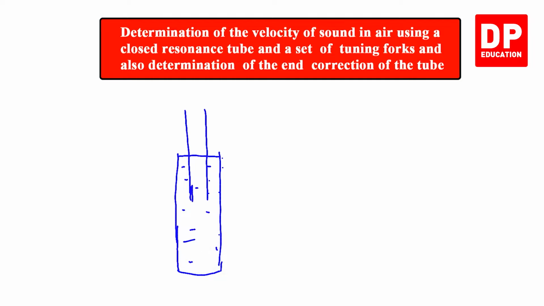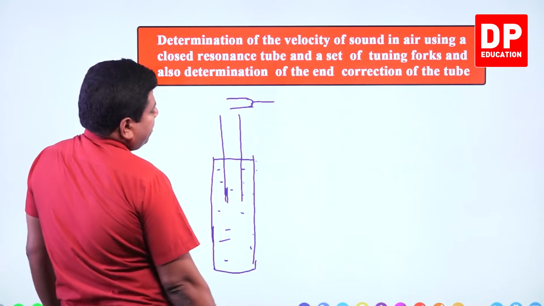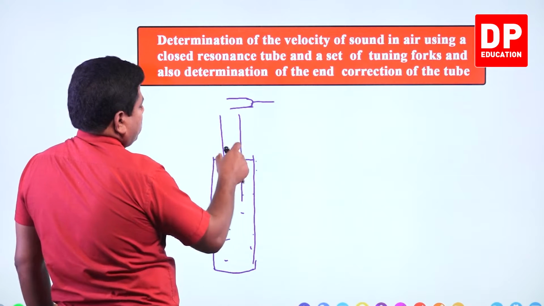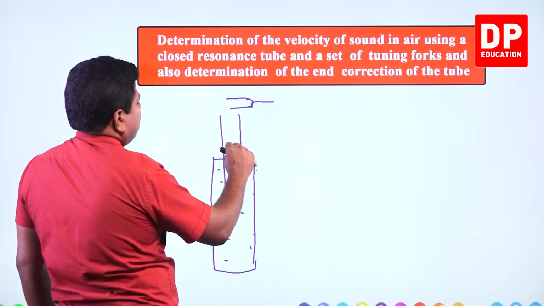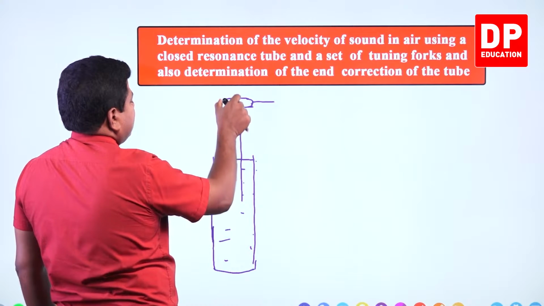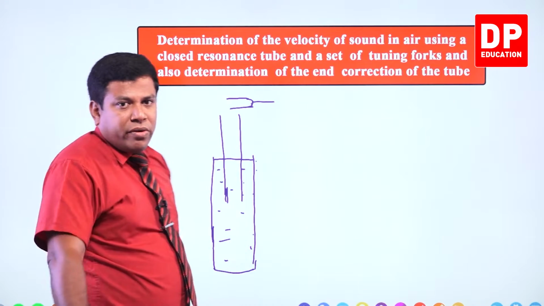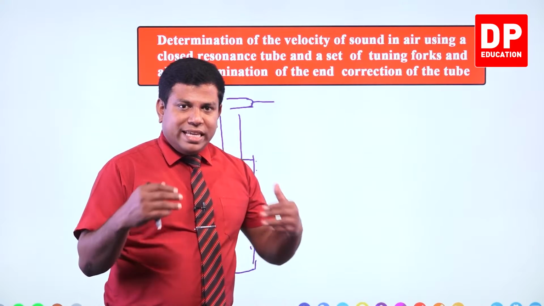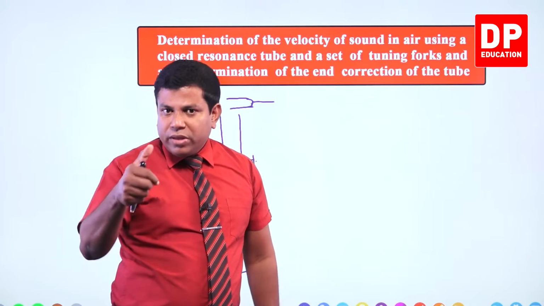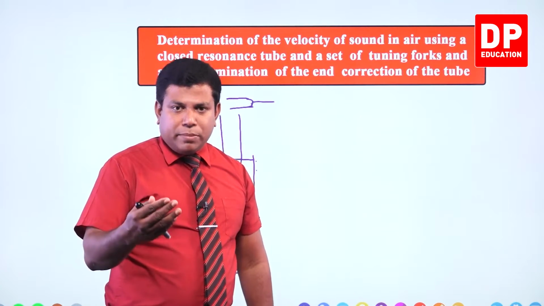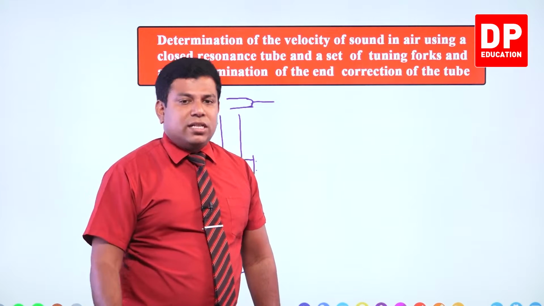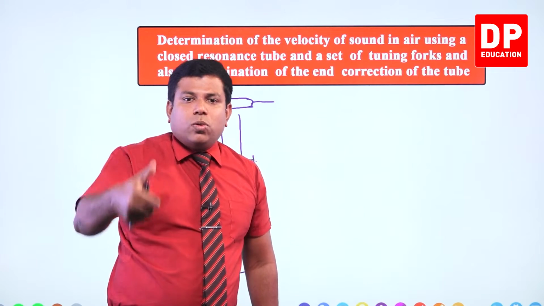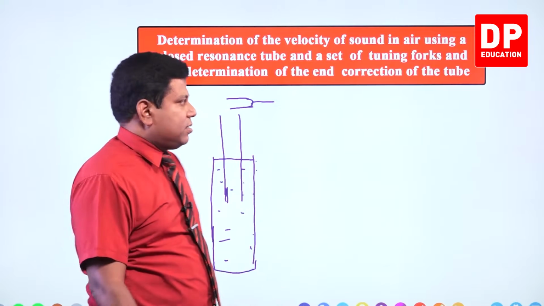This is water, and then you take each tuning fork, vibrate it and keep it here, and start from the smallest air column and increase it slowly. When you get the first resonance, that means when you get the increased sound from the tube, resonance happens. When you are increasing the height from 0 and first time you hear the resonance,